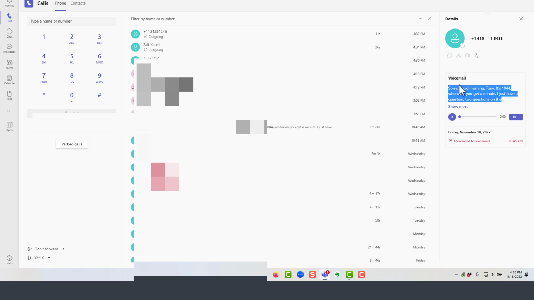view the voicemail transcription. If you wanted to listen to the voicemail, you simply press play here. Holly, good morning, Tony. Notice that on the right-hand side, you can also play it at a faster speed if